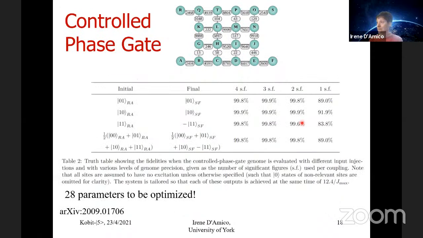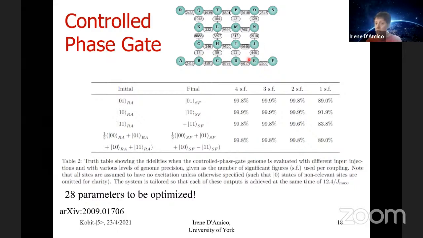And not only this, one important thing is that, first of all, we could do it with very high fidelity, but you will have noted very quickly that here we have very complicated requirements for the links. We are specifying our links up to 4 significant figures. This could be very, very difficult for the experimentalists to do. So we said, okay, given this optimization, which is done only once, and done with this number of significant figures, now, if we approximate these numbers by cutting down the number of significant figures,